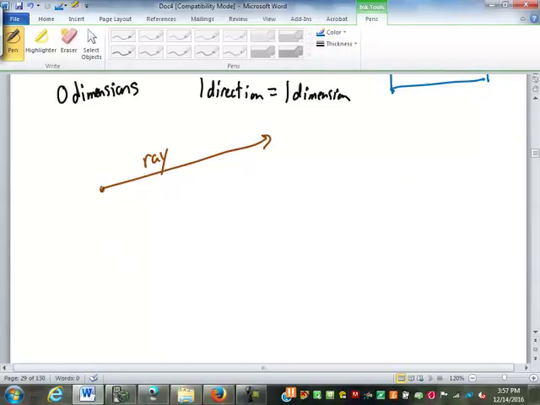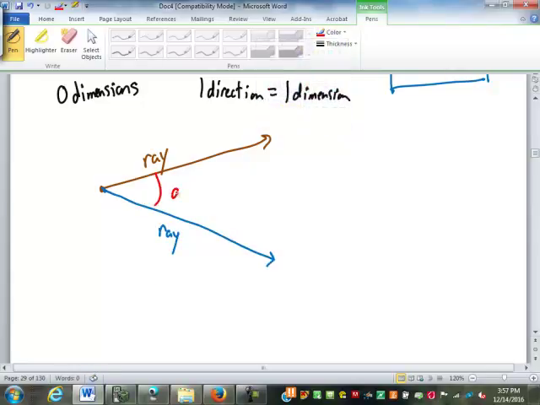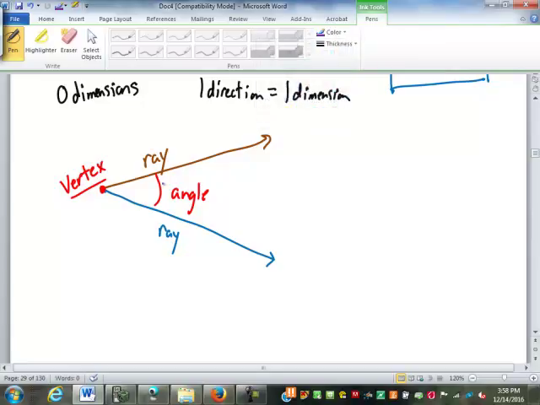I can take that same starting point and I can go in a different direction, creating a second ray. And what we create in between them is called an angle. That common starting point is then called a vertex. And the two rays make up the two sides of that angle. The size of an angle is defined to be the difference in direction